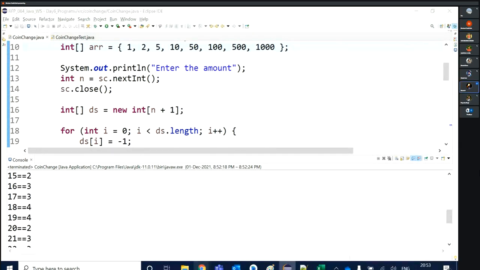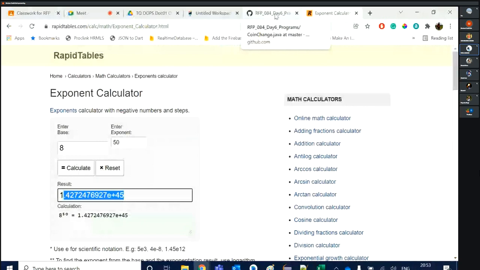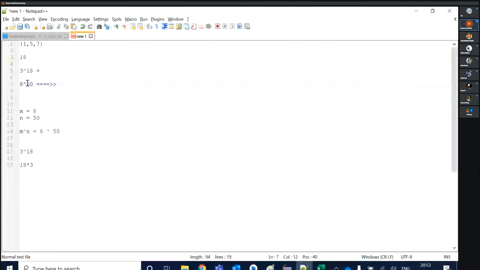Yes, sir. We just decreased our complexity from 8 raised to 50 to 8 multiplied by 50. And what is 8 multiplied by 50? 400. So it will do only 400 calculations, 400 iterations, not thousands of crores of iterations.